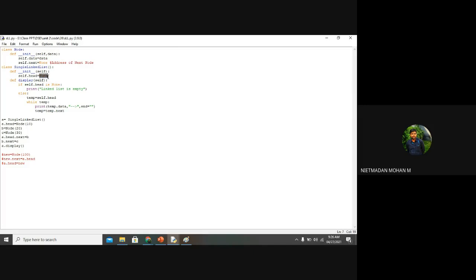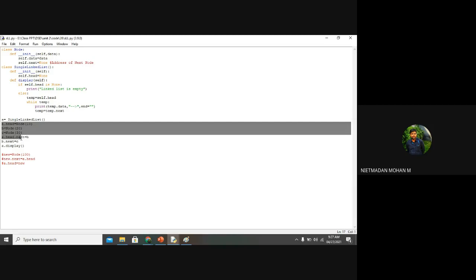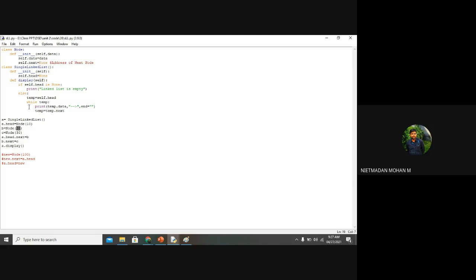Now it will consist of 10, and here it checks whether the head is None or not. The head has a value of 10. So here I am using a temporary variable, storing the value of 10 over here. When printing data, temp.data, the first value printed is 10, and after that the temp.next value will go over here, and the next value will be there. When you are creating the object, 3 values will go in: the first next will be 20, and the second next will be 30. After that, the display function will be executed, and each individual print statement will be printed.